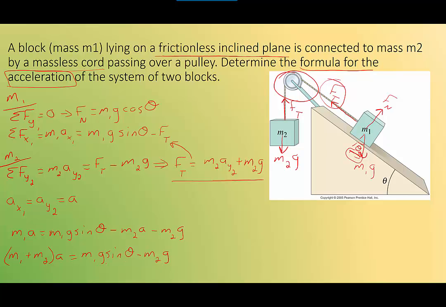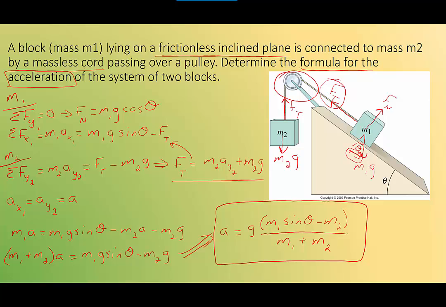We can pull out a g from both things on the right-hand side, divide, and this leads us to the formula for acceleration of this system being gravity times m1 sine theta minus m2 over m1 plus m2. So not the most pretty of formulas here, but you can see that we can take a fairly complicated system